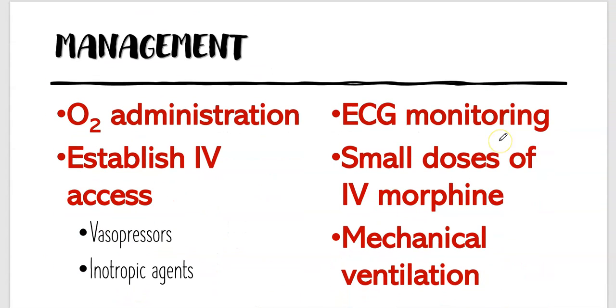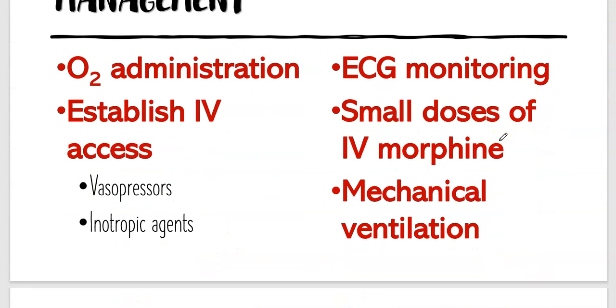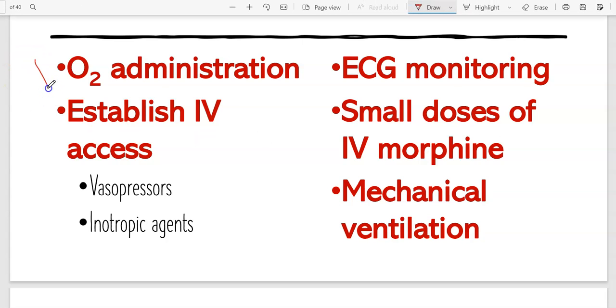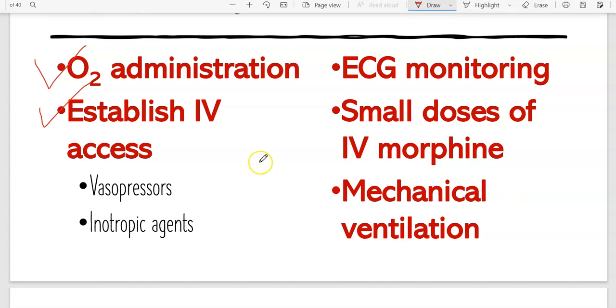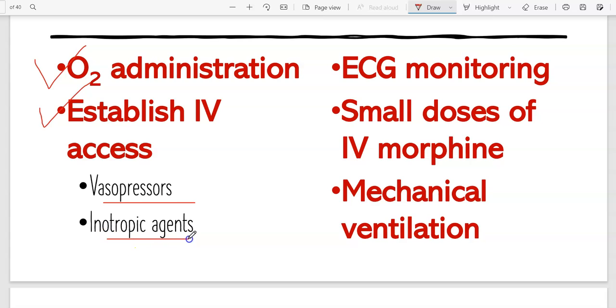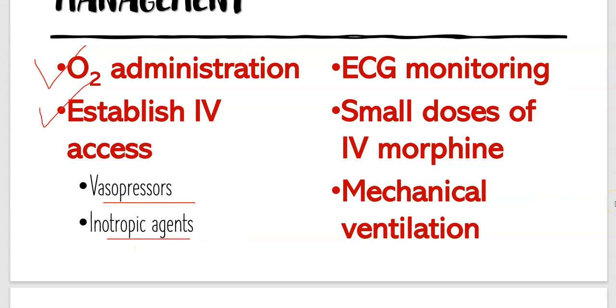Okay? Next, management. Yan. Kasi nga, meron kang occlusion. Malamang, hindi makakapasok yung hangin. So, therefore, since hindi makapasok yung oxygen natin, bibigyan mo kung ano ang wala, and that is your oxygen administration. You need to establish your IV access because you need to give medications to provide your bronchodilation. Okay? Or maybe to correct your problem in your blood pressure, such as you have your vasopressors and your inotropic agents. Once kasi a person suffers from your pulmonary embolus, you will have difficulty of breathing, you will have your labored respiration, and you are expected to have your